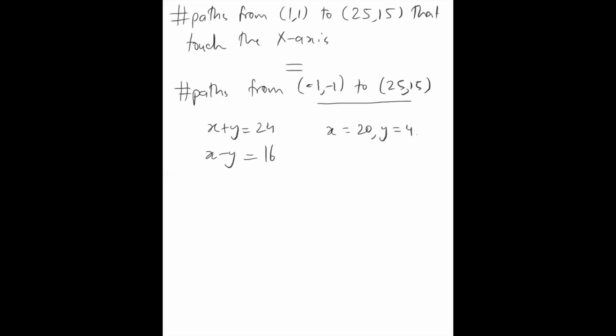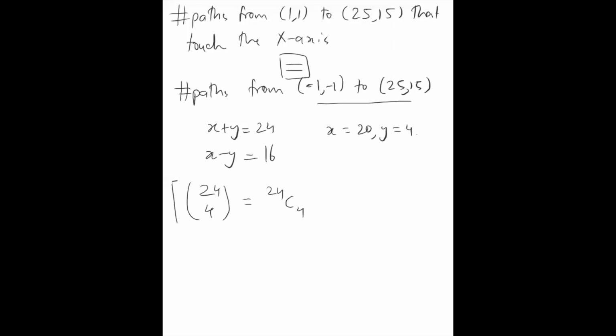Okay, doing the same thing as before, it gives us that the number of paths from (1, -1) to (25, 15) is 24 choose 4. It is the number of ways of choosing 4 objects out of 24. Or as we know, we can also write it as this. Okay. And because of this equality that we have gotten here,